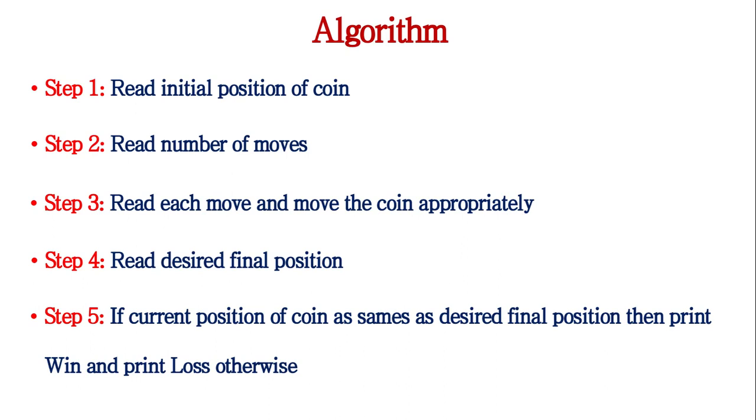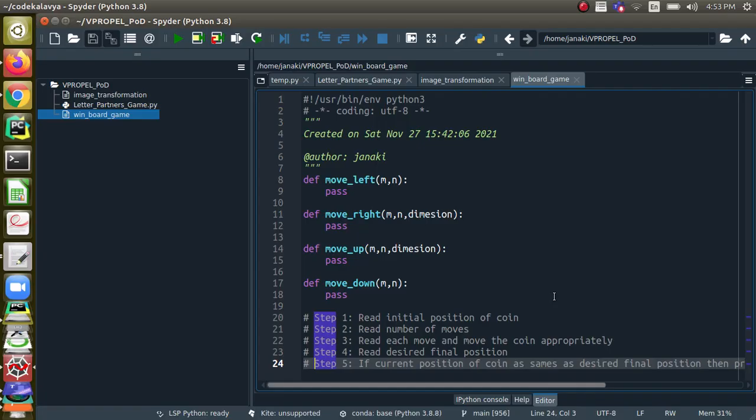This is the algorithm. Now let's try to implement it. The algorithm is copied, and I have also defined four functions: move left, move right, move up, move down. I have given pass because we will do the implementation later. You can see the number of arguments I have passed. When you see left movement, you need to know only the current position, because the boundary condition is that the column number should not be less than 0. That's all. Everyone knows that.